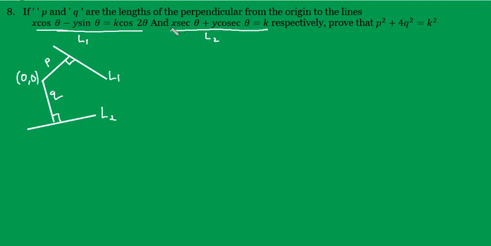The equation is given in the form of trigonometry. Then you also have this line also in the form of trigonometry. So the idea here is just to know that P will be equal to the modulus of ax plus by plus c over the square root of a squared plus b squared. Similarly, Q will be